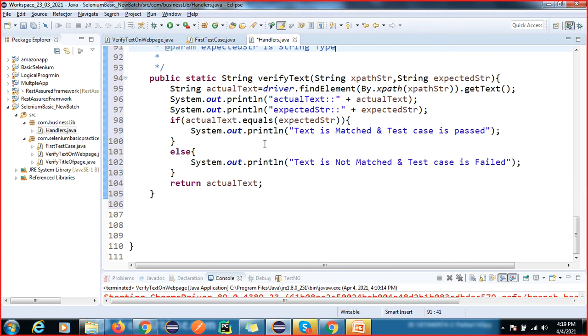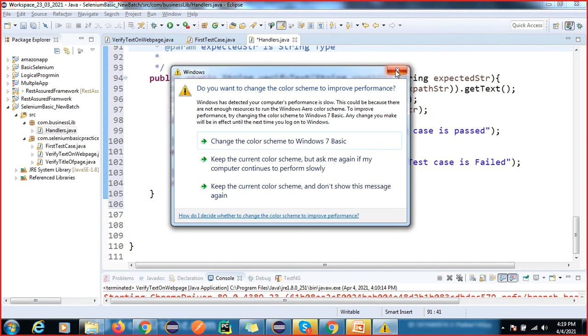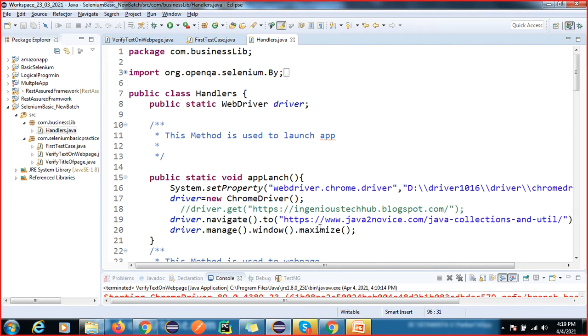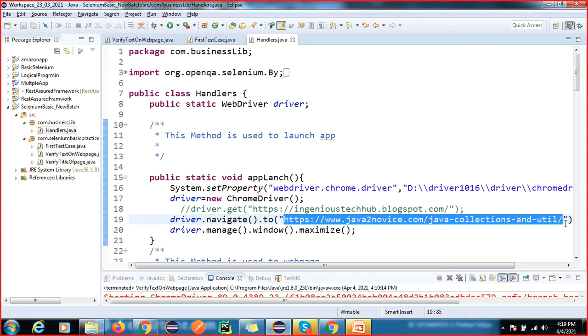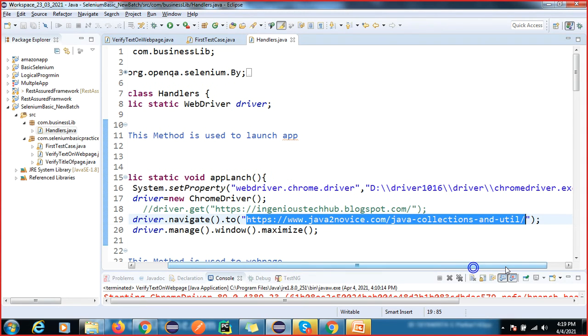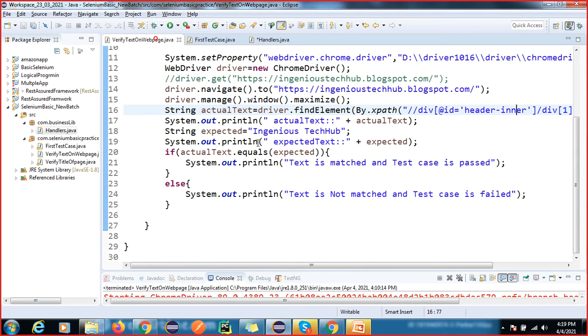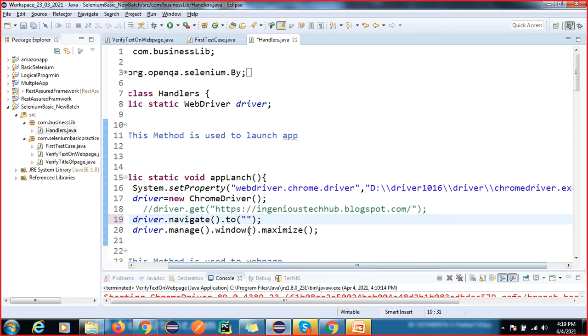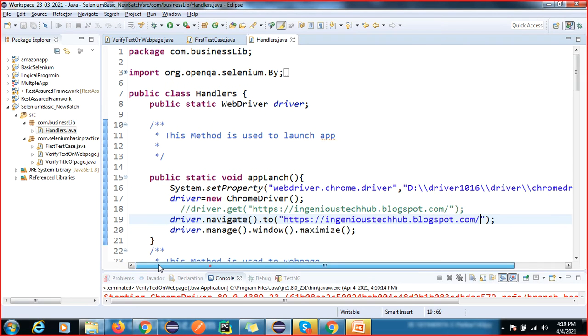Okay, so now this method I have to call, right? So just save it. And what is the URL for that? So this is the URL, we need to change it, right? Because I will also use this method as well. So just go here, and this is the URL, and I'm going to change this URL here, handlers. So I change this, save this, and oh, why we have commented this? Okay, so fine. I think this method is fine.